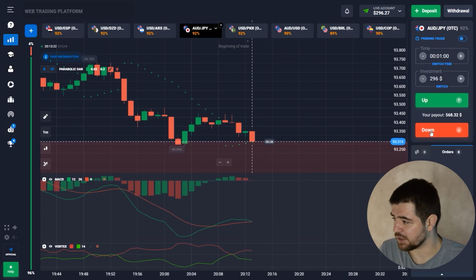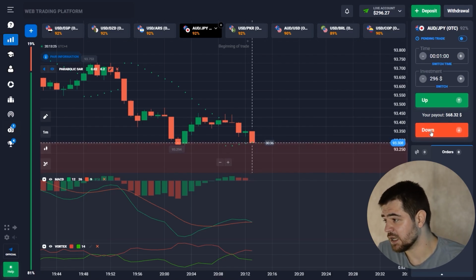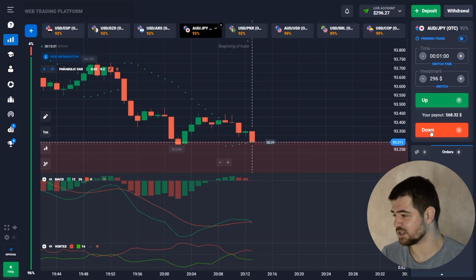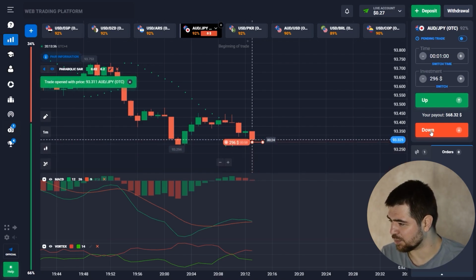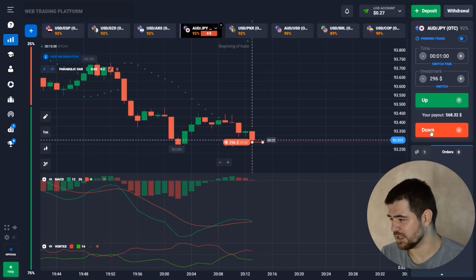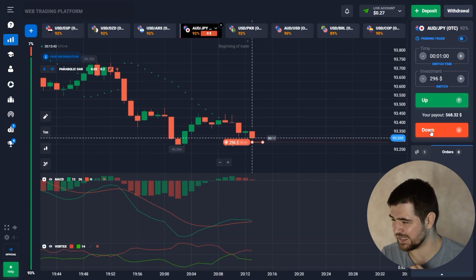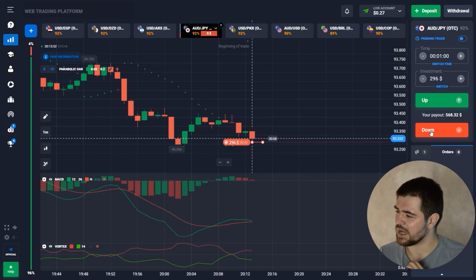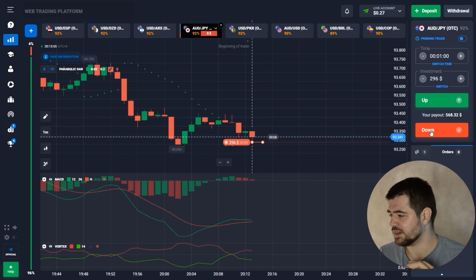So here I'm gonna go ahead and make a put option because there is quite a strong downtrend started. There is a support level, however, but I think we're gonna break it at least. I see that the MACD is almost crossing down the reddish line, so the orange line, reddish. So I expect price to drop, and then also we have